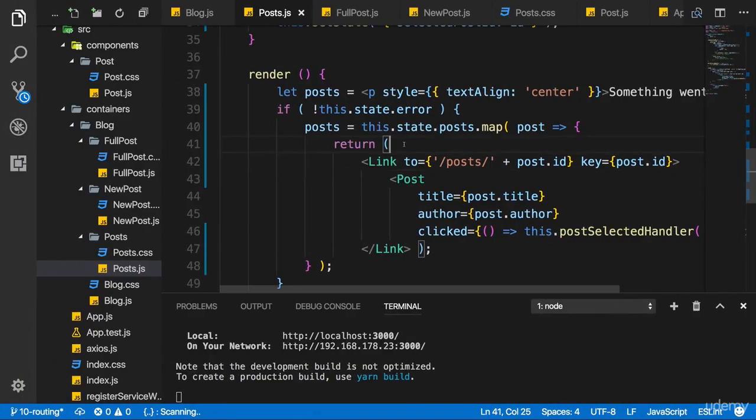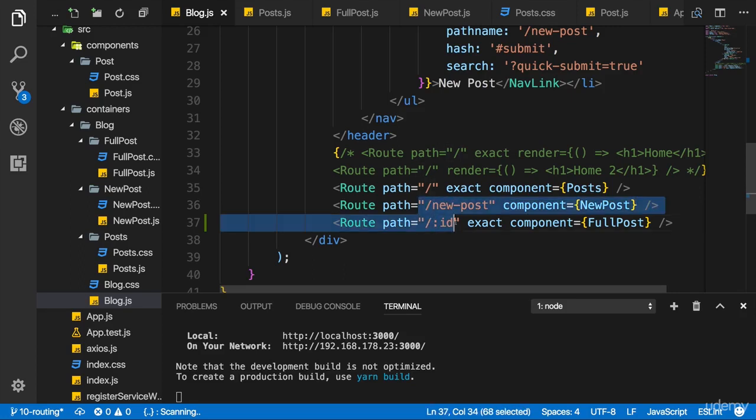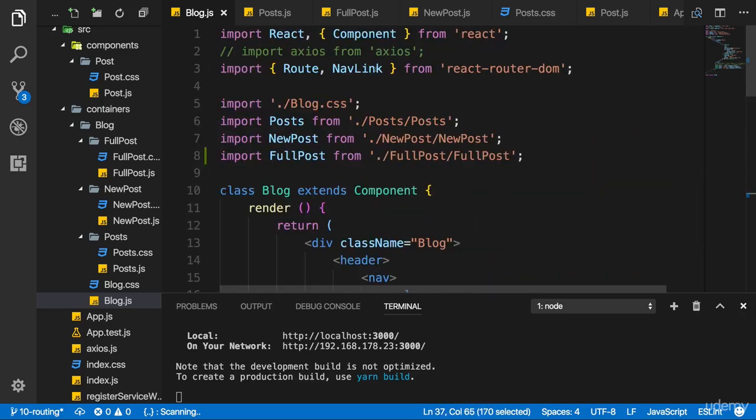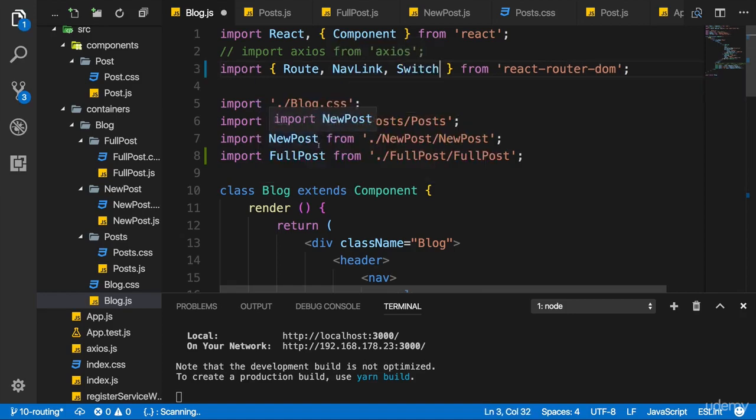Definitely viable. But sometimes you simply have to use a given URL because your URLs would otherwise look, well, not the way you want them to look in the end. So therefore maybe we have to use that setup. We can still tell React Router to load only one of all these routes at a time by wrapping our route config here with another component provided by the React Router DOM package, the switch component.